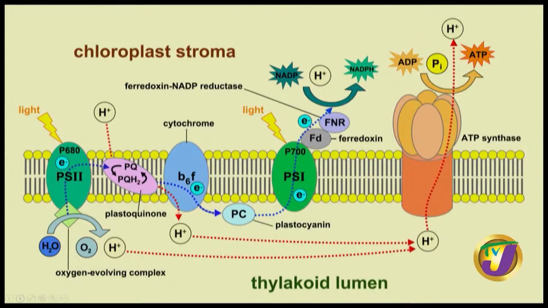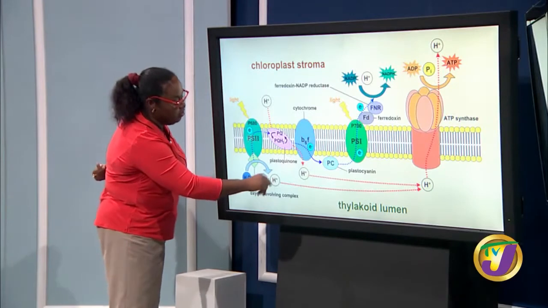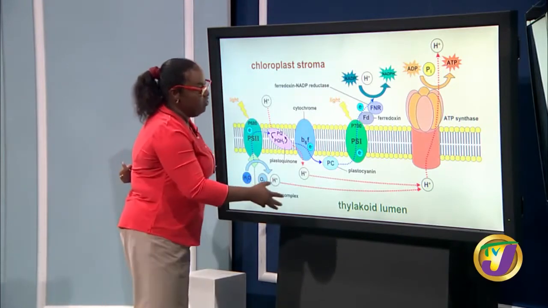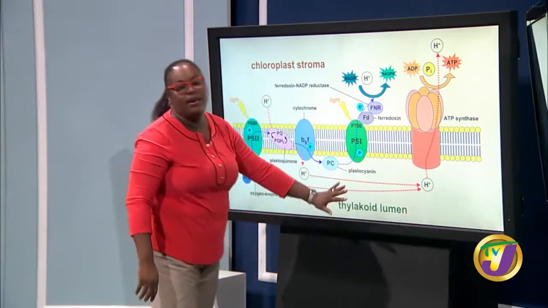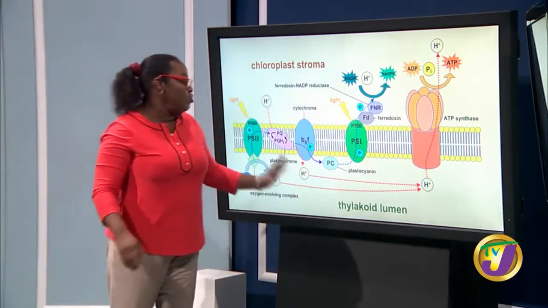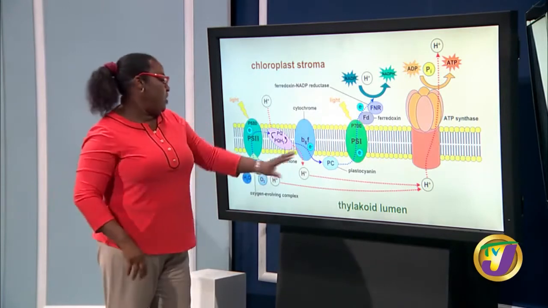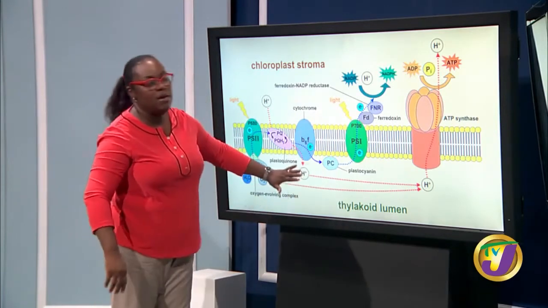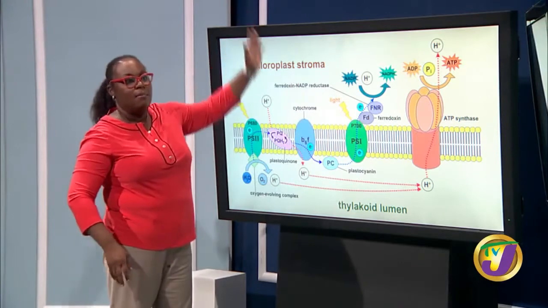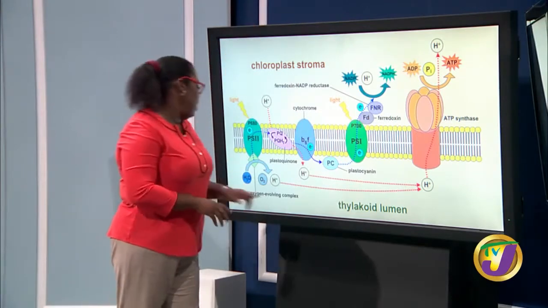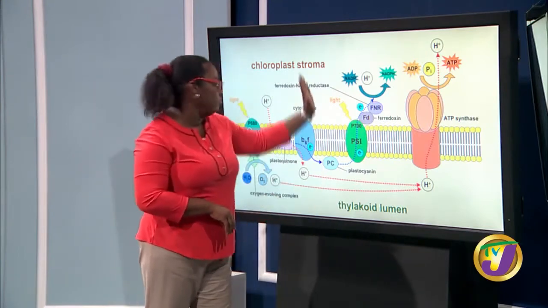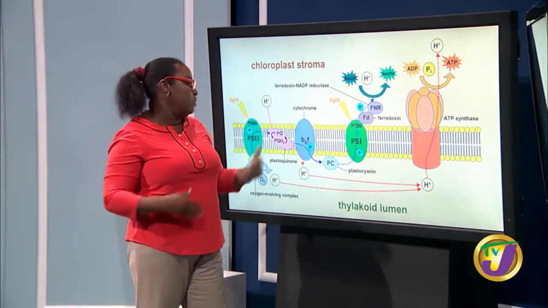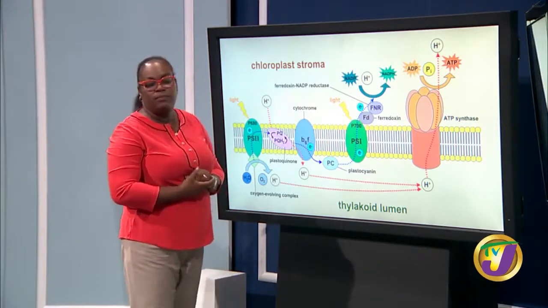So what happens is when water gets split and the hydrogen ions are given off, eventually these hydrogen ions are going to accumulate in the lumen of the thylakoid membrane. And as you know from Unit 1, things that accumulate on one side of a membrane want to go to the other side by diffusion. Now, because this is a hydrogen ion and it's a charged particle, you know it can't just pass through the membrane, because it will be repelled by the phospholipid